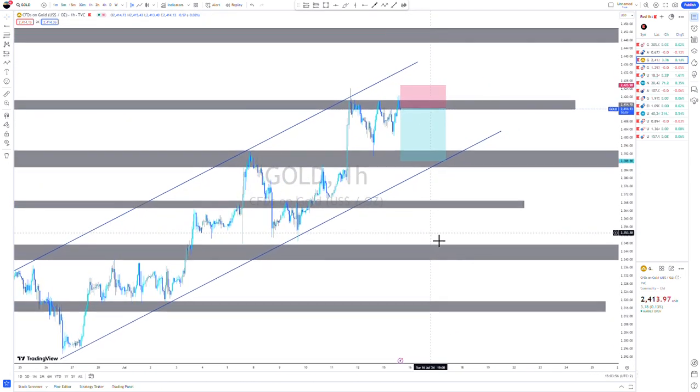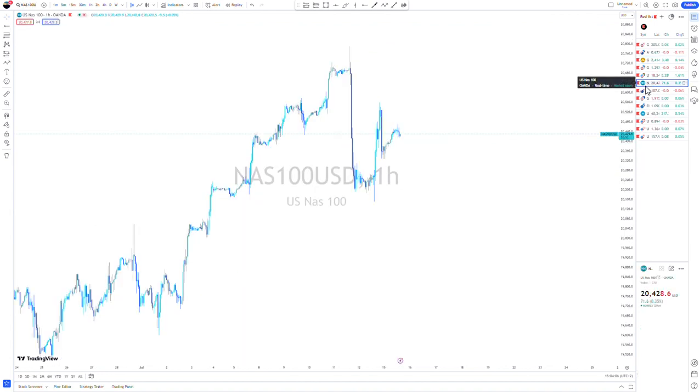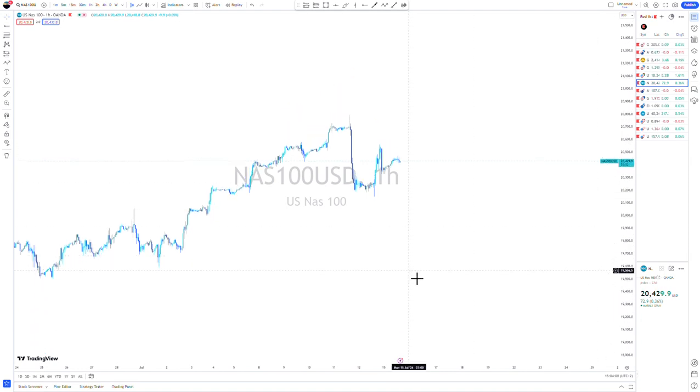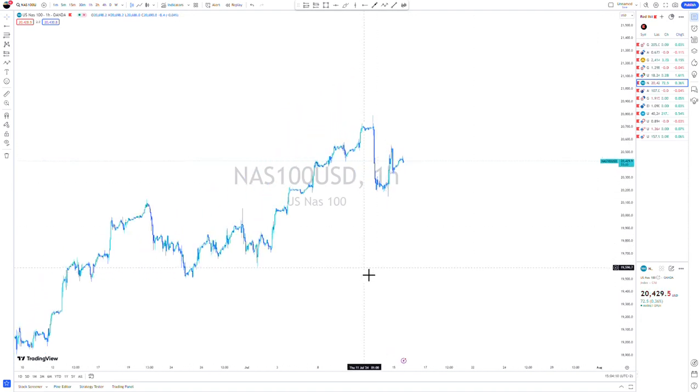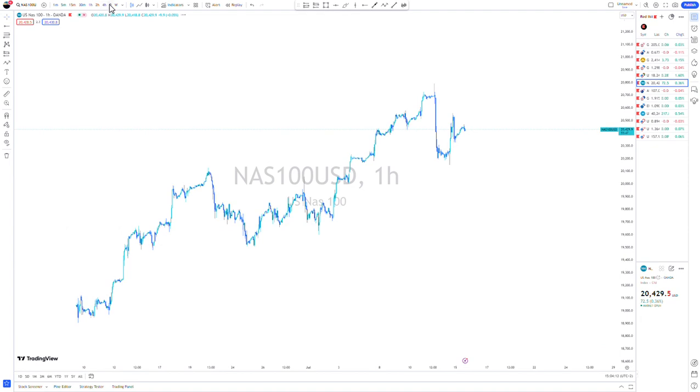So I'm just gonna go to Nas 100 now. So yeah, let's go to Nas. Alright, so I've been looking at Nas lately and it's been on a bull run like crazy. So the first thing that I always do,